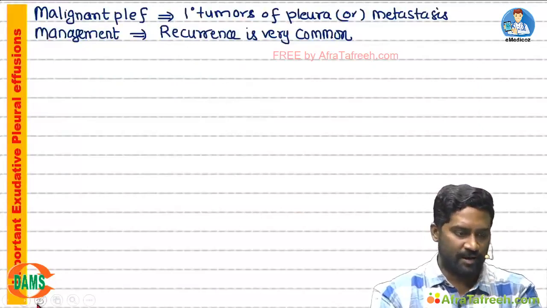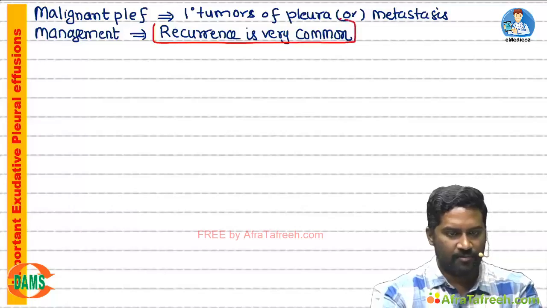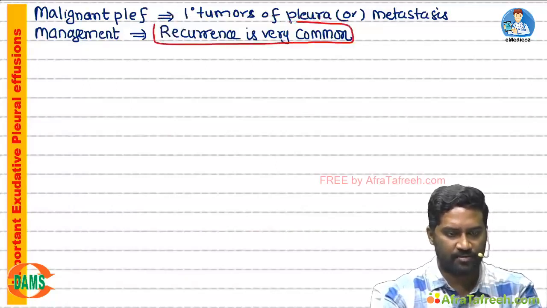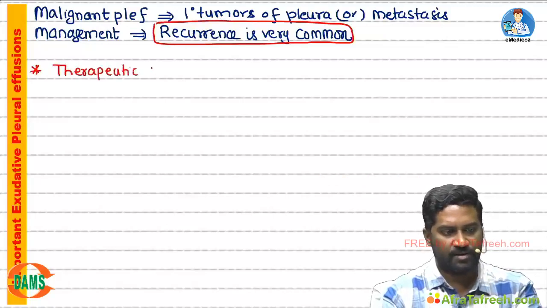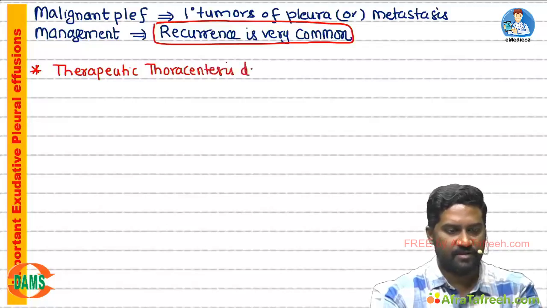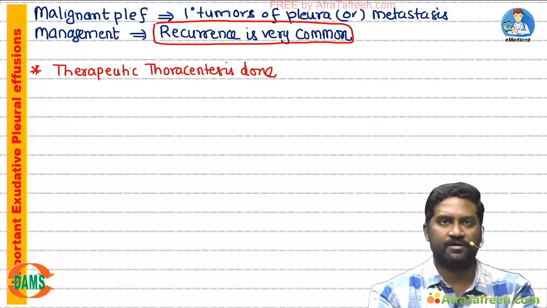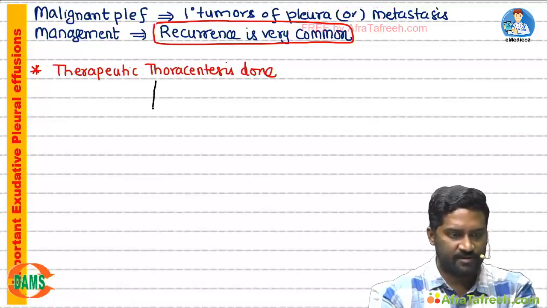Now how to manage these pleural effusions? First thing you should know, recurrence is very common, but still the initial step is you try to do a therapeutic thoracentesis. So write down the stepwise management. You do a therapeutic thoracentesis. If it is not reaccumulating, life is happy, you can just stop there. But in the majority, there will be reaccumulation. So if there is recurrence,